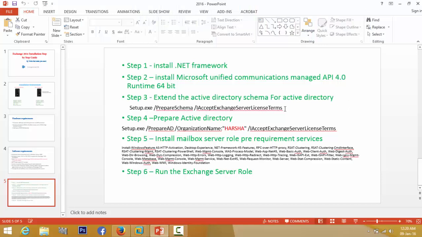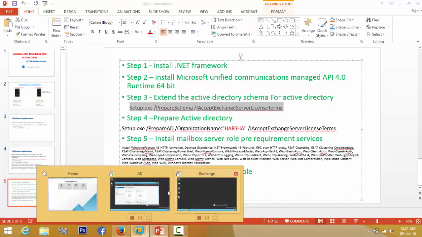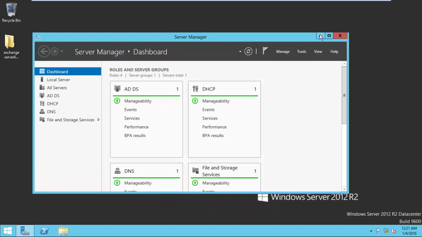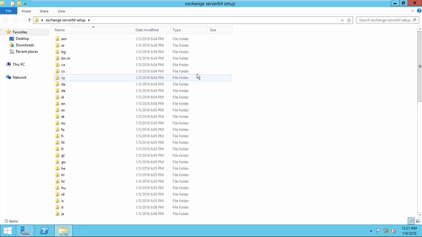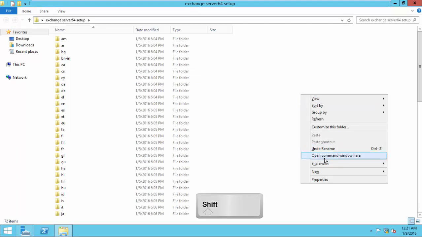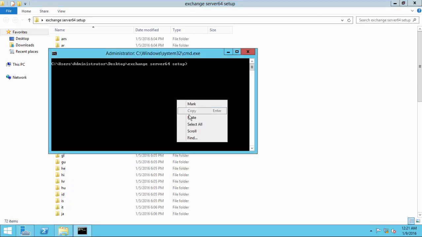And we need to extend the Active Directory schema on the Active Directory machine. Copy the setup.exe file and go to the Active Directory machine. Here I already extracted the file. When you double click and extract, it will extract the folder. Hold the shift and right click, then you get open command window here.